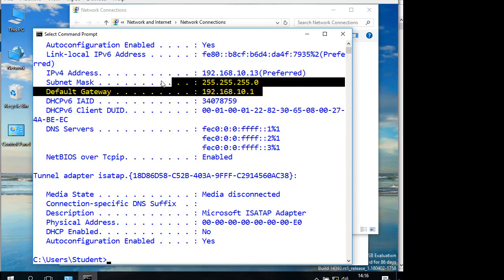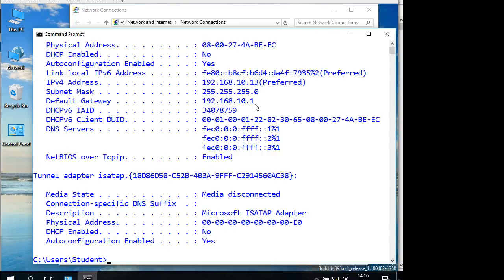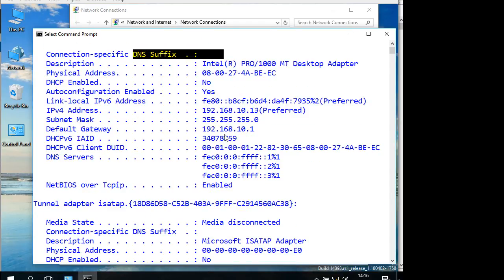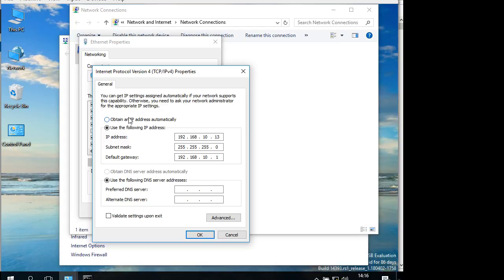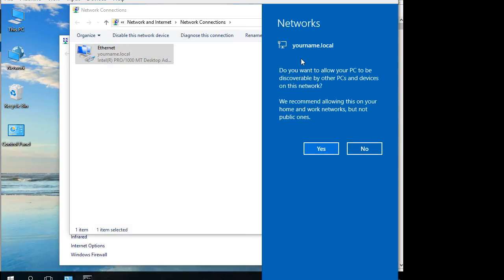This is the configuration that we have on Windows 10, and right now I've got the default gateway already configured, the IP address, but this is static, and it has no DNS suffix, and this will be provided by the DHCP. So right now you have to obtain the IP address automatically. Okay, close. It says that right now you find a yourname.local, so DHCP on the server is already running and providing information. Say yes,